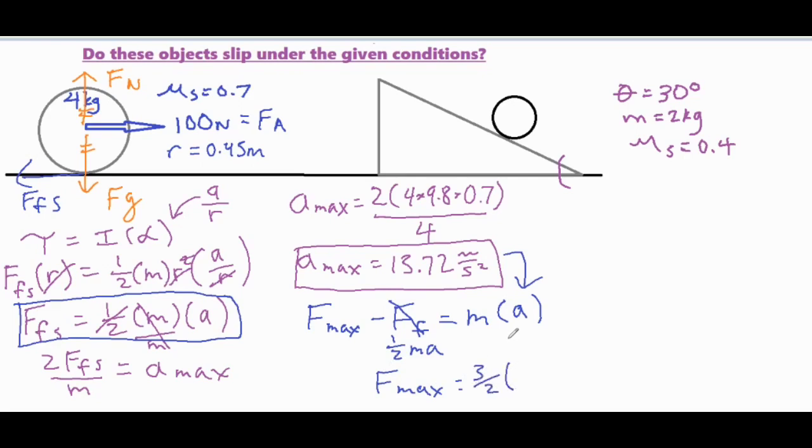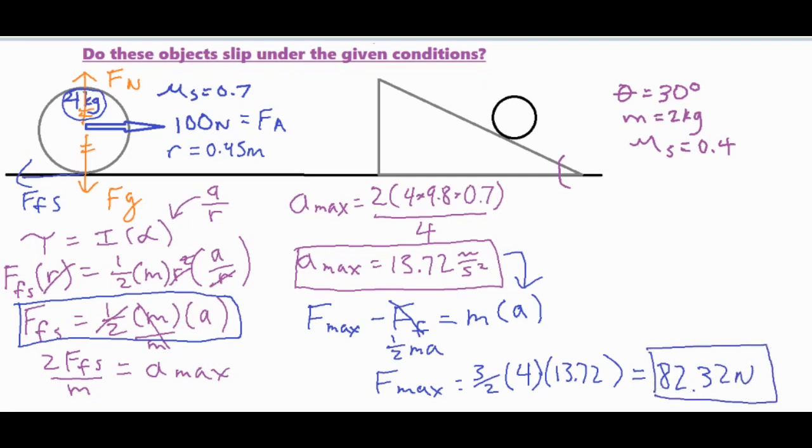And I'm going to go ahead and just put in the mass and acceleration. The mass of my disk is 4 kilograms. That was given to me right over here. And then the acceleration is the 13.72 that we just solved for a little bit ago. That comes out to 82.32 newtons. Now, because that is the maximum that it can withstand, and it's being pulled with 100 newtons of force, that means the answer is yes. It will slip under these conditions because it can only withstand this maximum force of 82.32,